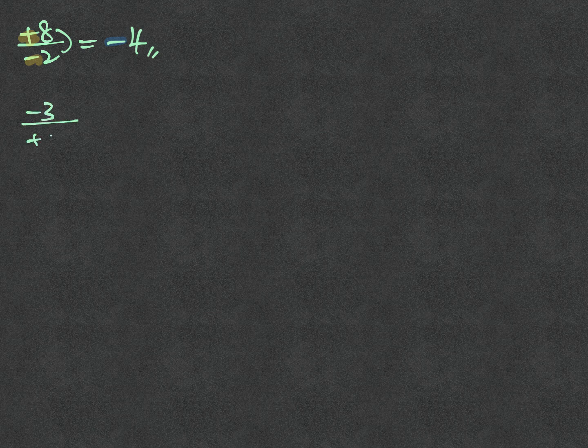After multiplication, we come to division. Basically, the rules are the same. So for example, when you have positive 8 divided by negative 2, you check for the sign, positive, negative, so that's why it should be negative. And then next, 8 divided by 2 gives you 4, so that's why you have negative 4. Similarly, if you have negative 3 divided by positive 27,